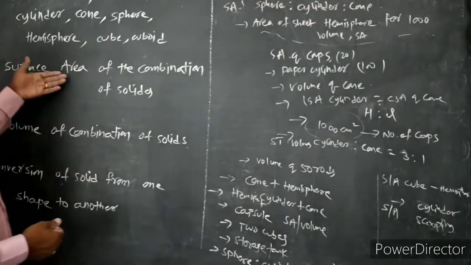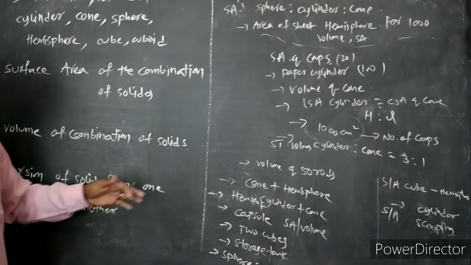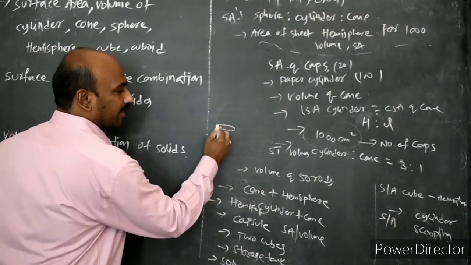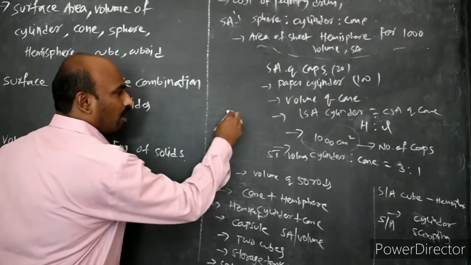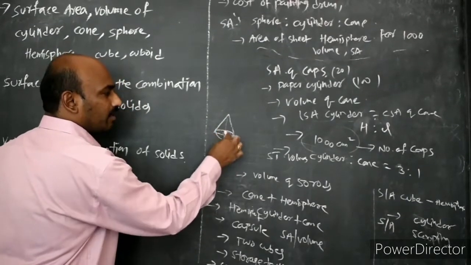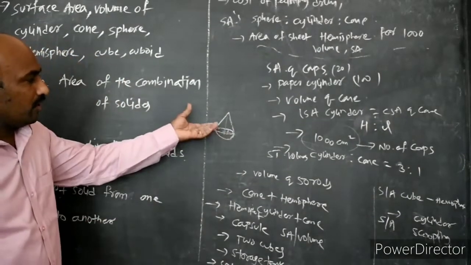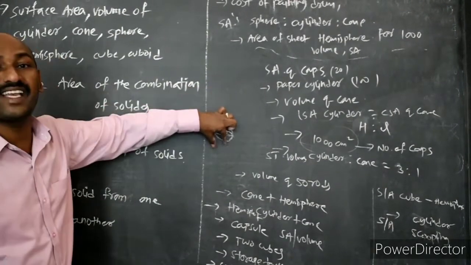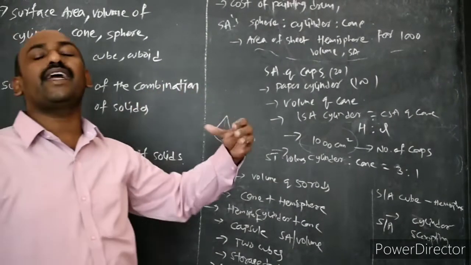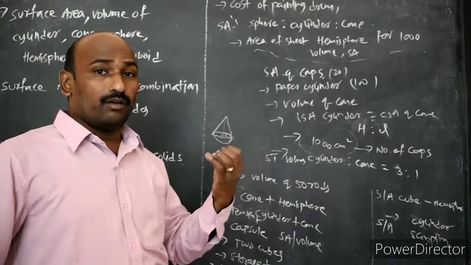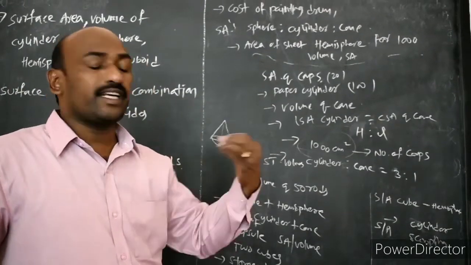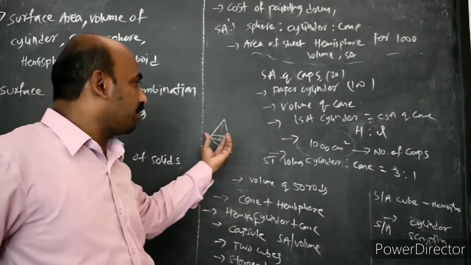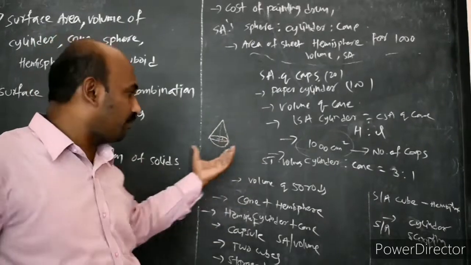And if we go to the second exercise, surface area of a combination of cylinder, cone and hemisphere, they can give it like this: cone and hemisphere, with a common radius and a height. And the surface area of that solid is nothing but CSA of cone plus CSA of hemisphere. We need to write the formula and substitute the values. And moreover, not to forget about units. In this chapter, if you forget to write units, they can reduce the marks by half or 1 mark.